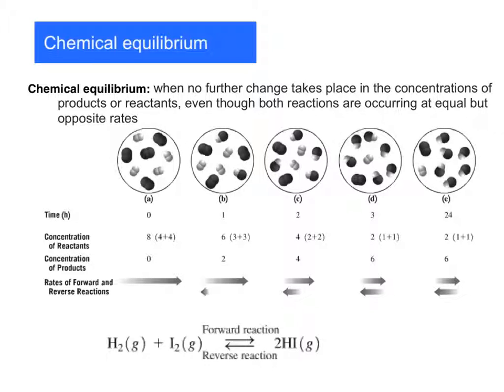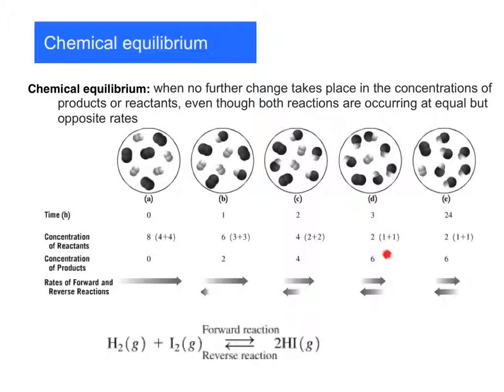If we let that go for an hour, then we look and we have 3 H2s and 3 I2s in this circle here. We also now have 2 HIs, so one here and one there. Our forward rate is still going to be pretty fast, but we've now got a little bit of product, so our reverse rate is going to appear, and those products are going to be able to be converted back to reactants. Then as we continue on, you can see that the forward rate continues to get a little bit smaller, and the reverse rate keeps getting bigger until we get to the point here, part D, where we have